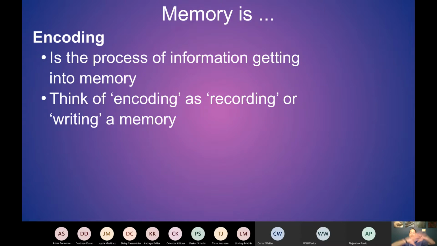So how do we take our visual information, the visual sensation and perception that's happening right now, and put that into a memory? That's encoding. You could think of it as recording or writing a memory. You're taking the raw data of your neurology, what's being fired right then, your sensations, your perceptions, your current hopes and dreams or fears or thoughts about what's happening now, and tying them into memory.